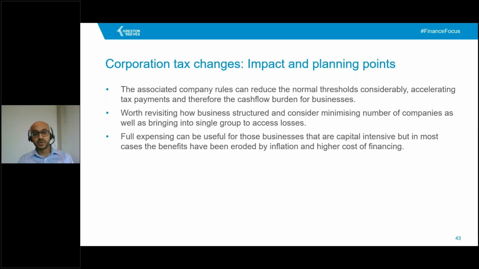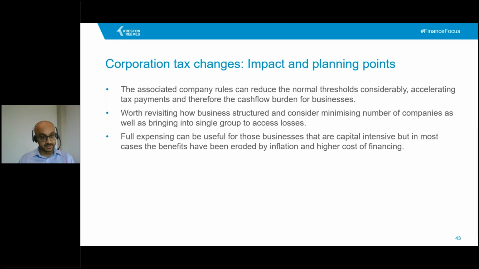So it's worth revisiting how your business affairs are structured, and it could be to minimize the number of active companies held by the same person or persons or corporate group, to reduce the number of associated companies and therefore stop falling into QIPs or super QIPs due to thresholds being breached. Alternatively, it might be to bring a loss-making company or group of companies into a profit-making group to access losses and